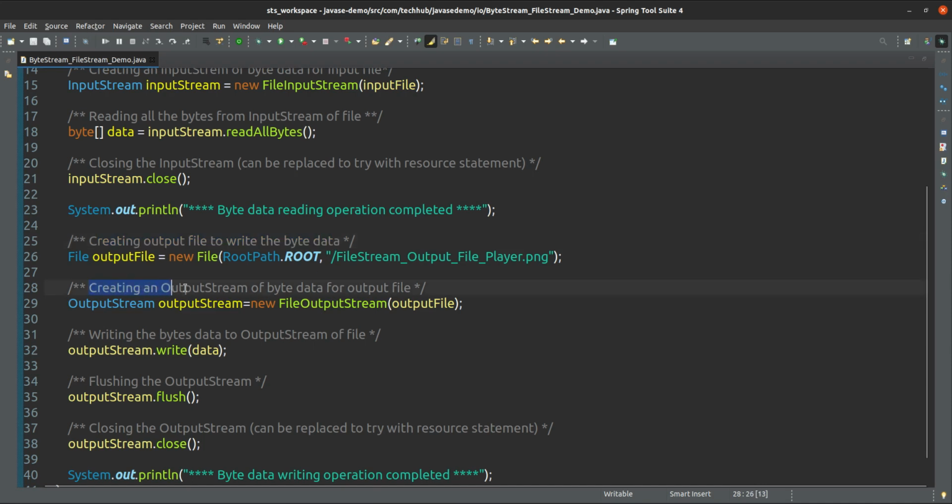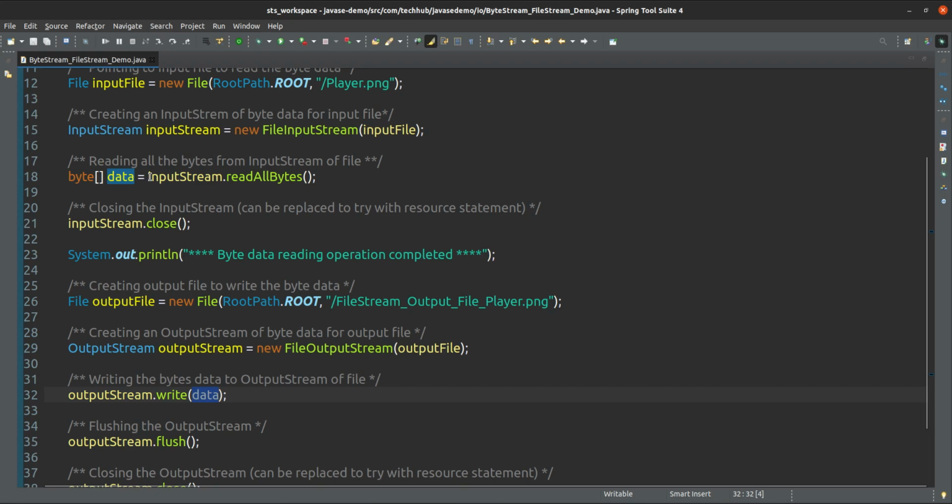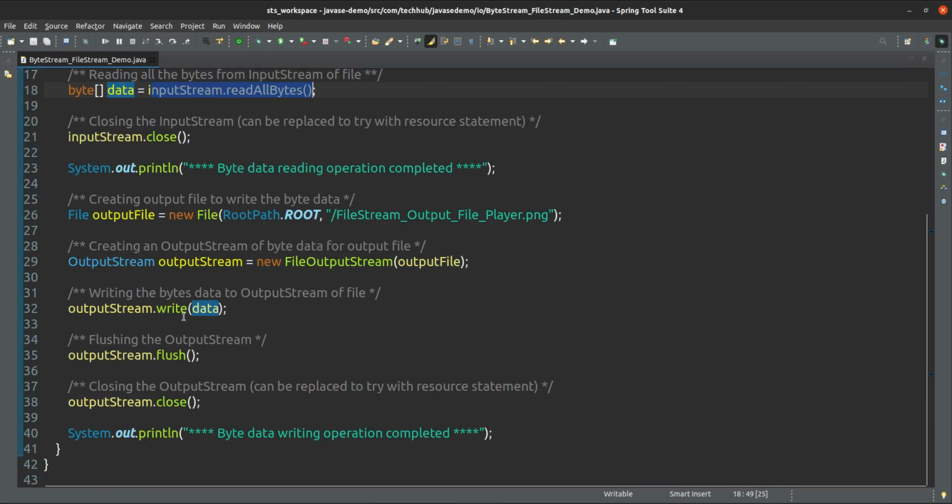After that we create an output stream object: the output stream is equal to new FileOutputStream. Into this output stream I am writing the data that I have taken from the input stream. After writing, I am flushing the stream, then closing it, and printing a message that the byte data writing operation is completed.